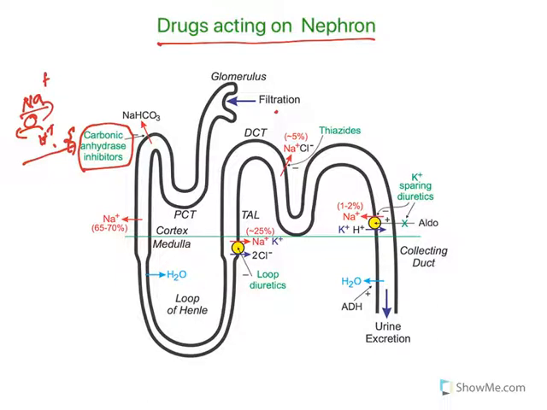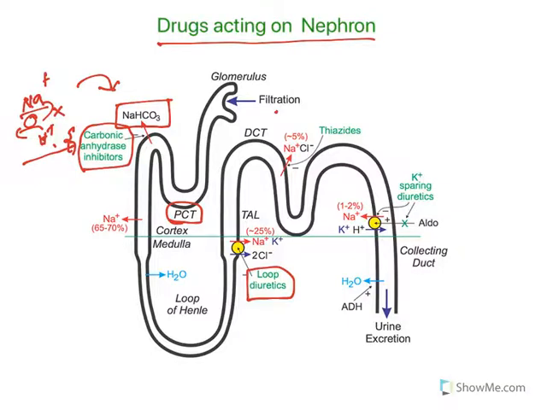When you inhibit this enzyme, that sodium and bicarbonate will be secreted, will be going out of the body, because when this pump is not working, absorption of sodium bicarbonate will not take place. So when you inhibit that, they will be going out of the body. So at this proximal convoluted tubule, carbonic anhydrase inhibitor drugs will act and they cause secretion of sodium bicarbonate. Now after that, at this loop of Henle, loop diuretics will act.